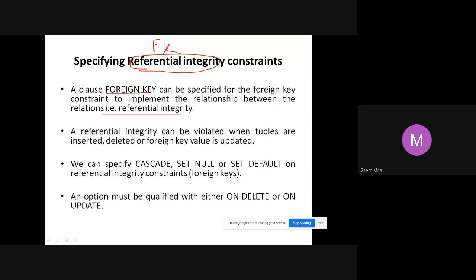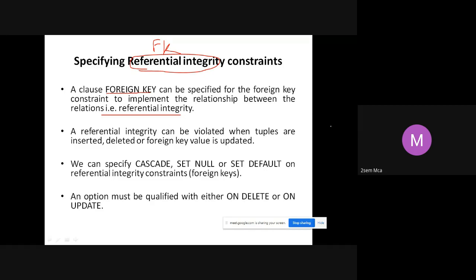In yesterday's class, we saw two different syntaxes for specifying the foreign key. Either you use the keyword foreign key, or you directly write references when you create that attribute. So there are two syntaxes, one that we use in lab, and one which we saw here using the foreign key keyword.